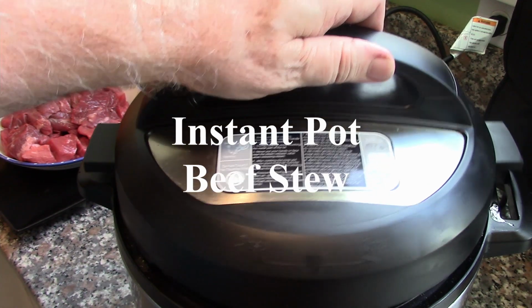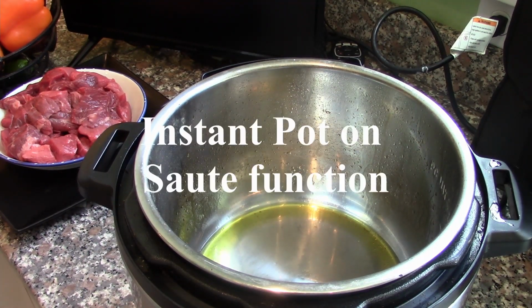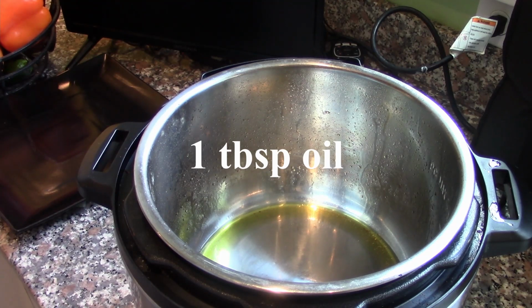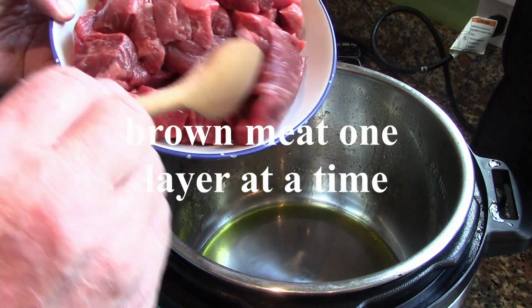Hello there. Today we're going to be making beef stew in the Instant Pot. Instant Pot, obviously going to cook a lot quicker. So the first thing we're going to do is put our meat into the Instant Pot. I'm just going to put one, this is stew meat. So we can put one layer down